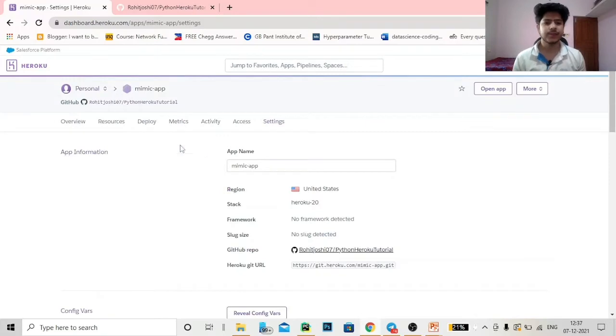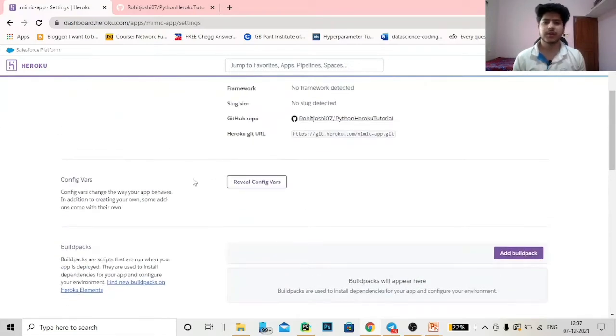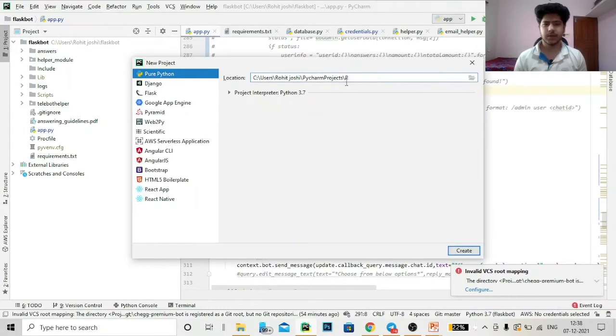Okay, so this is it. Till now we have covered how to create a Heroku account, how to create a GitHub repository, and how to create a Telegram bot. So let's quickly go to our application now. Quickly create a new project. Let me name it